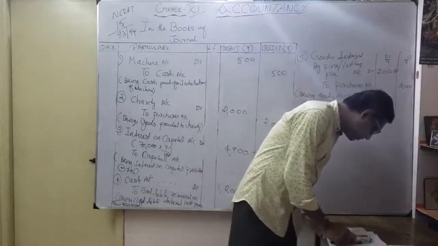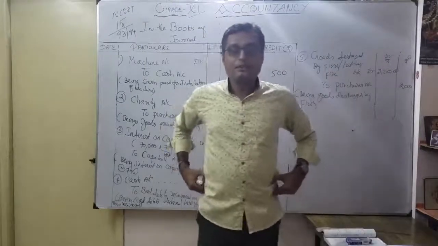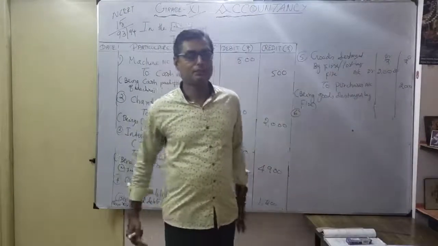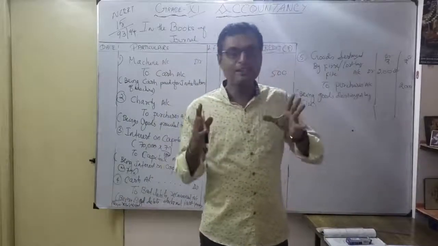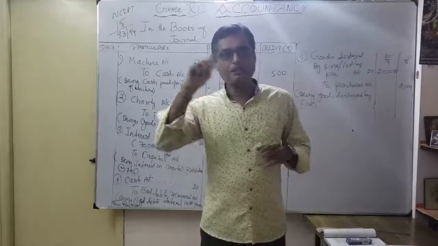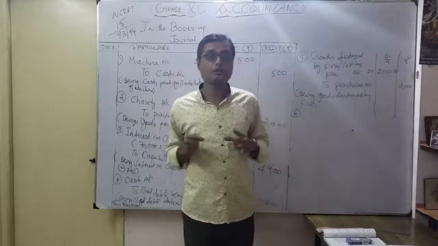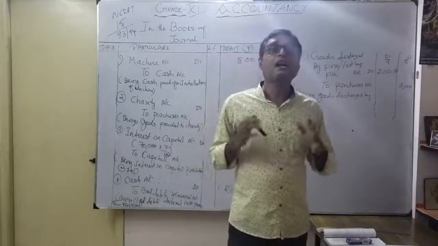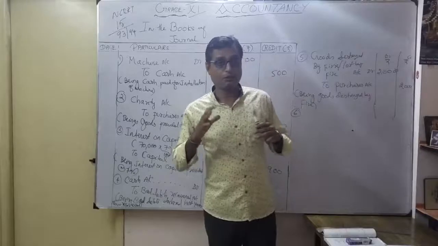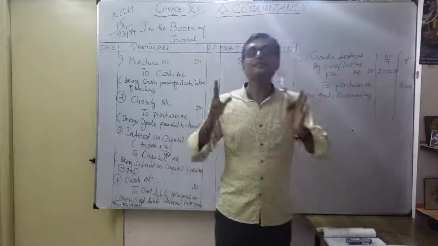See, very important. Rent outstanding 1000. This is very important. Here, rent outstanding. That means what? Here we have not paid any cash. We are saying that I have to pay rent. You know which concept it is related to? Any idea? We can relate it with one of the important concepts, the three basic assumptions. Correct. What is that? That is called accrual concept. Correct. You understand the meaning of accrual concept? No. For this transaction, rent outstanding.